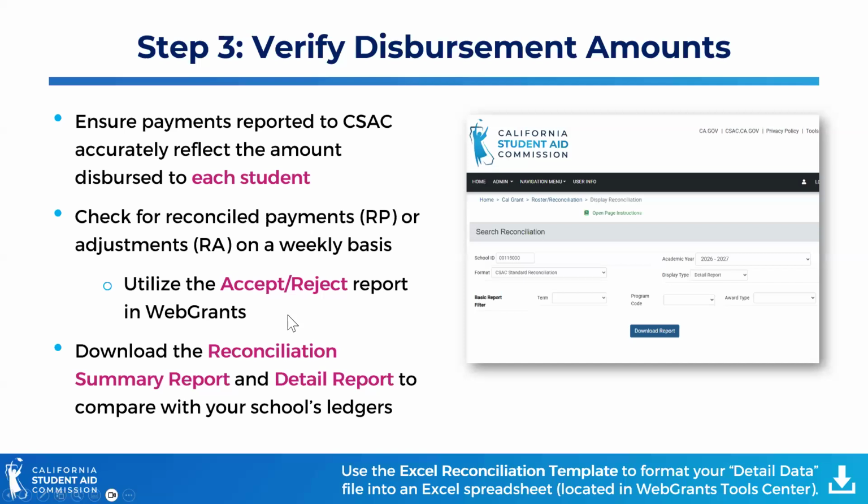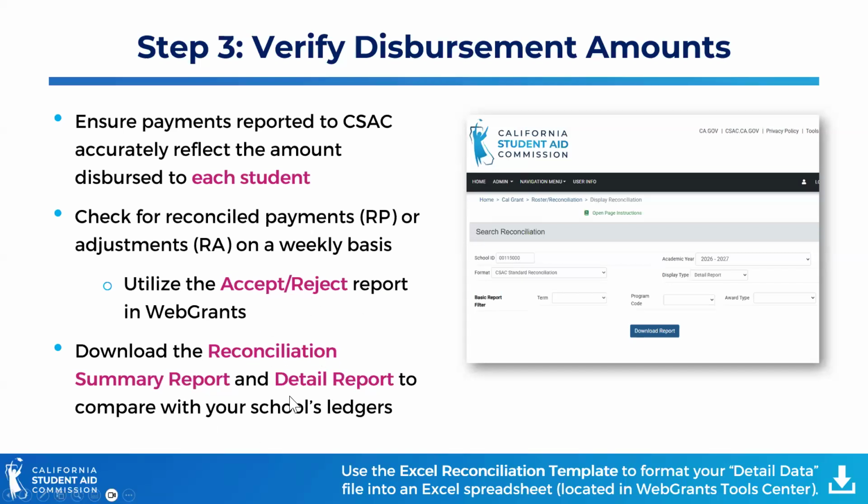So for those of you who, again, were in attendance yesterday, or maybe it was on day one, they've all begun to merge at this point. But we did also cover this area where a payment or an adjustment starts out as an accepted payment or adjustment. And then after the weekend processing, those payments and adjustments become reconciled payments and reconciled adjustments. And of course, checking that accept reject report for any rejected payments or transactions, and that we can resolve those.